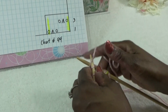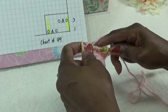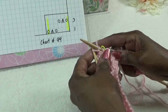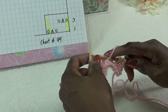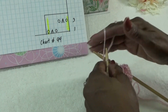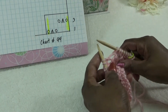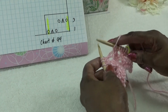Let's see, can I get situated here, reach back and pass the slip stitch over and off. Just like that. Then I yarn over and then I have to knit 3. 1, 2, and 3. Okay, then I take my eye back up to the beginning of the row and it's a yarn over, then